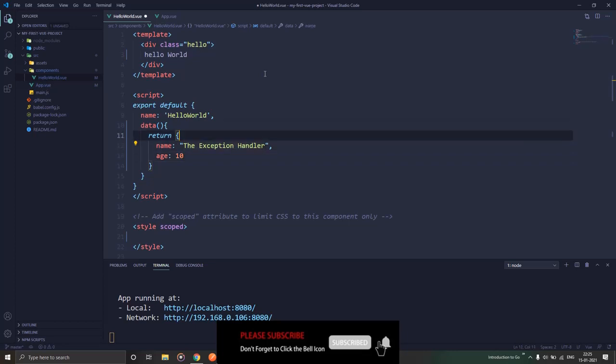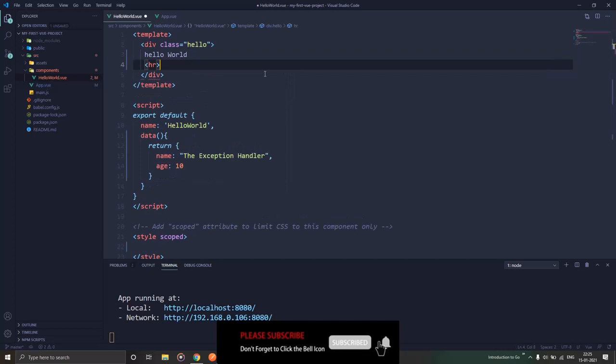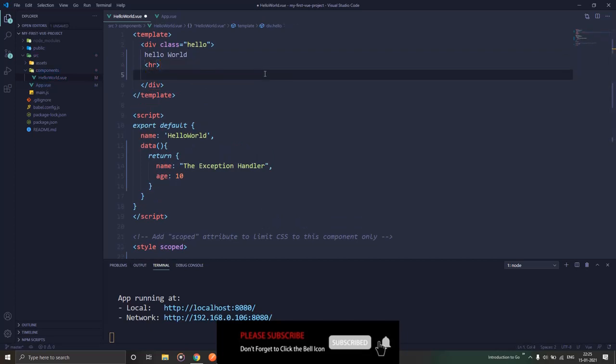Now let's bind this. Hello world, then I have an HR tag just to have a demarcation, and name as, so this is the syntax used for one-way binding. You just mention the variable name that you have created inside the data function.